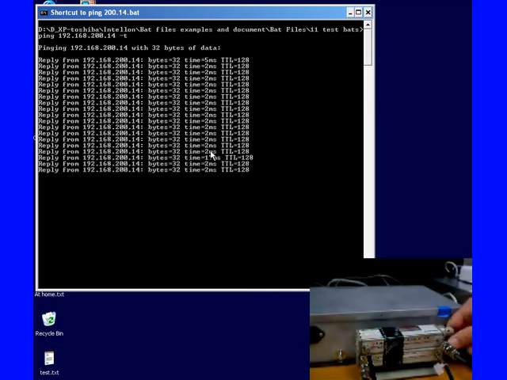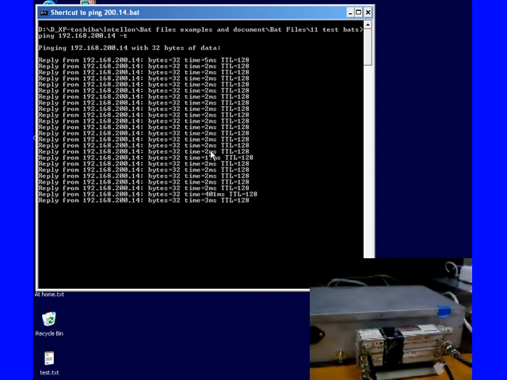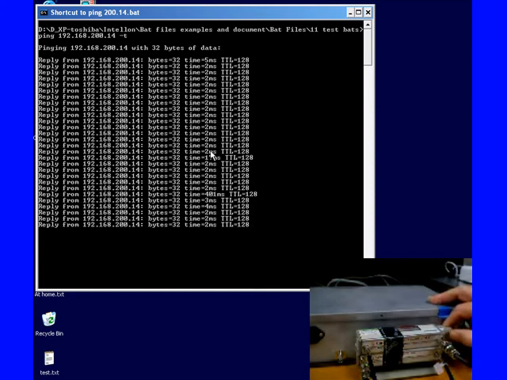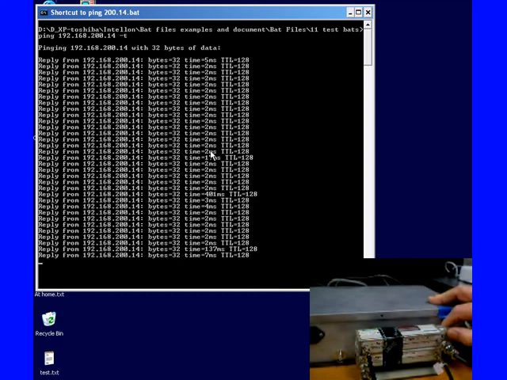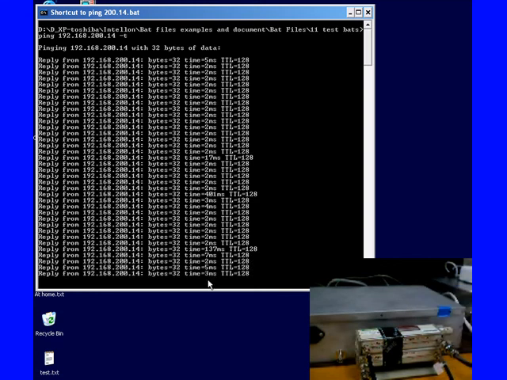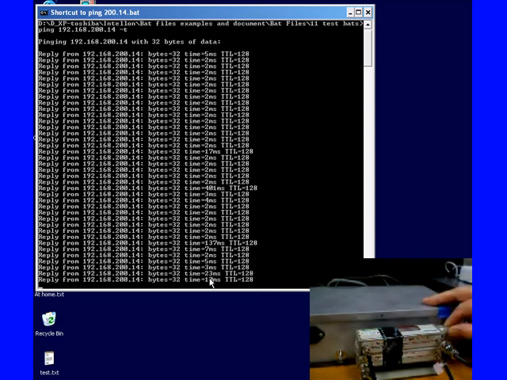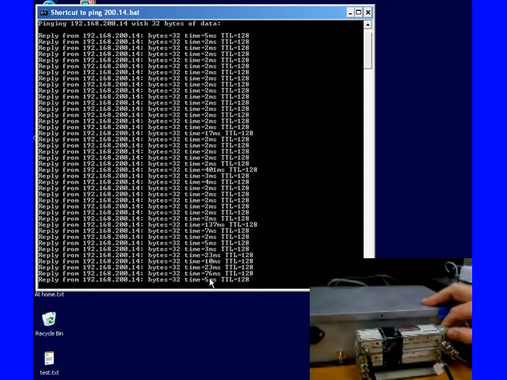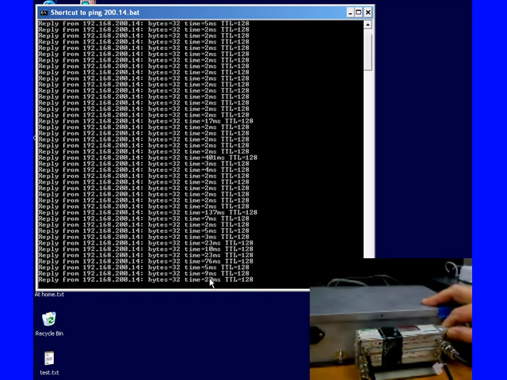Now let's crank in some attenuation. There's 40, there's 50 decibels. We saw a little jump in the delay time. There's 51, 52, 53 dB of attenuation, and you'll notice that our times are starting to stretch out a little bit. 54 decibels. Times are stretching out 5, 7, 8, 9 milliseconds, but the module's recovering. 55 decibels. Now we're out to 139, but again the module is trying to